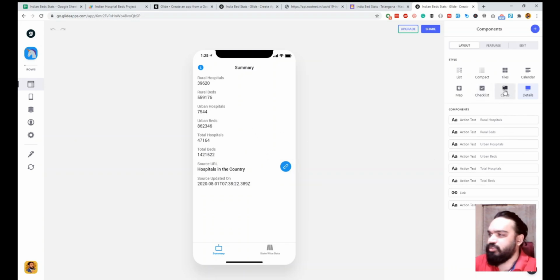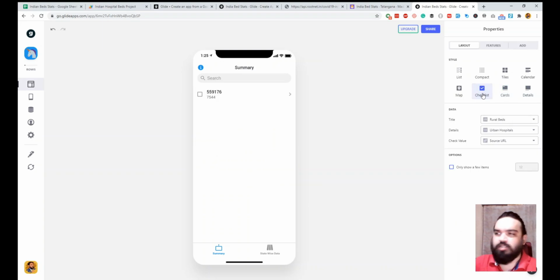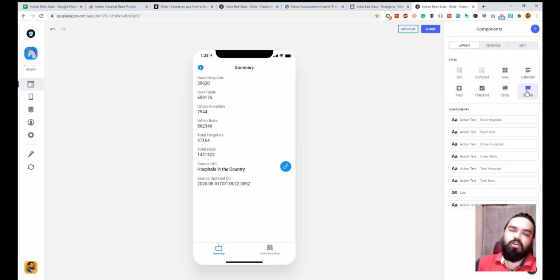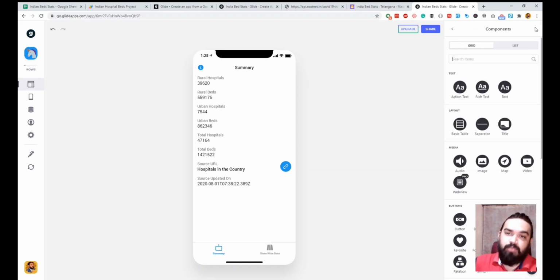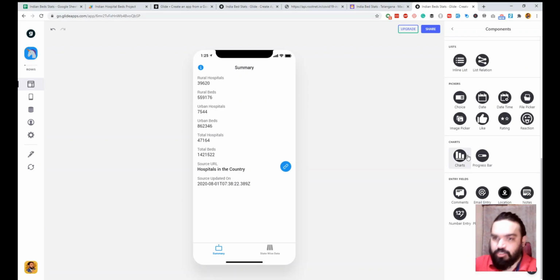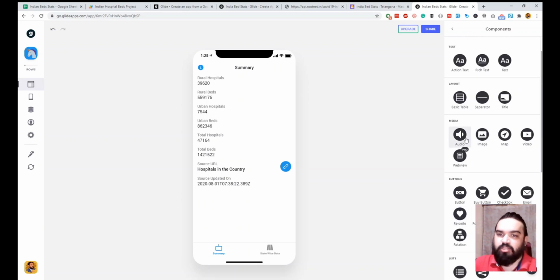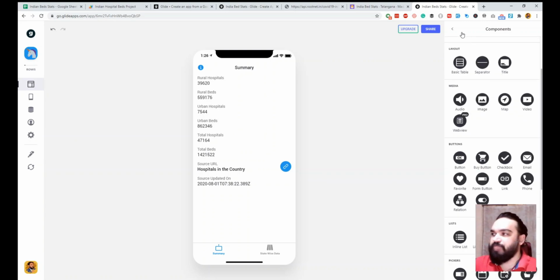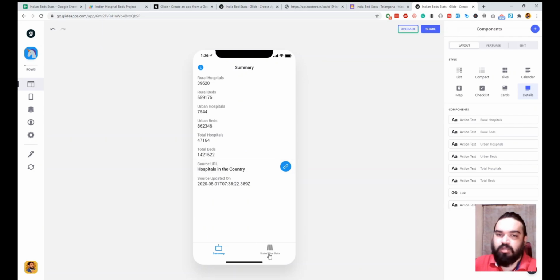You can also change the layout by doing cards. Cards doesn't make sense in this case because these are all numbers you would want to show, so I will leave it to details for this one. If you want to add any additional component that is not available there, you can also click on plus and add any one of these components. So you can also add a chart, you can also add an image, you can also add a separator or a table. So yeah, these are all available if you want to add, but for the customization part, I will do it in the state wise because that makes more sense.